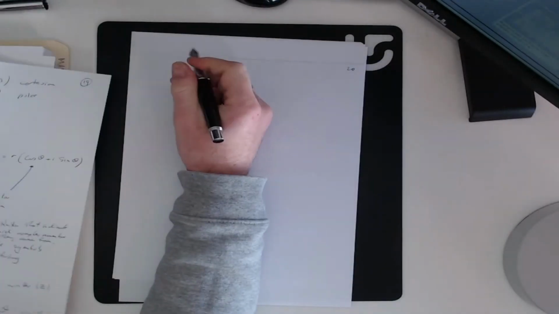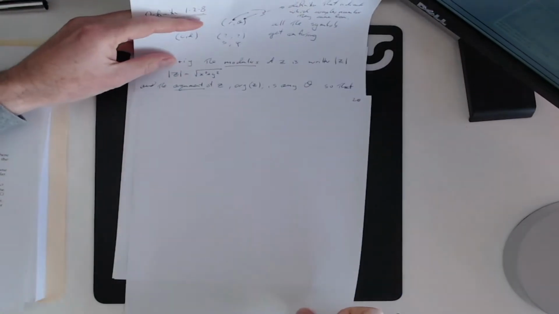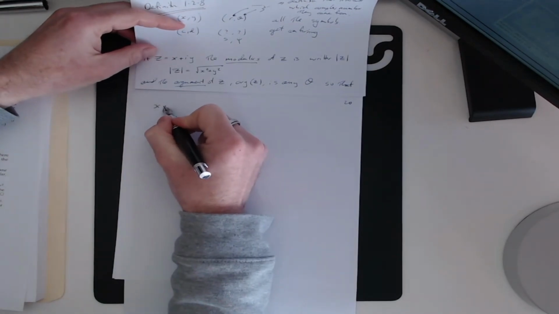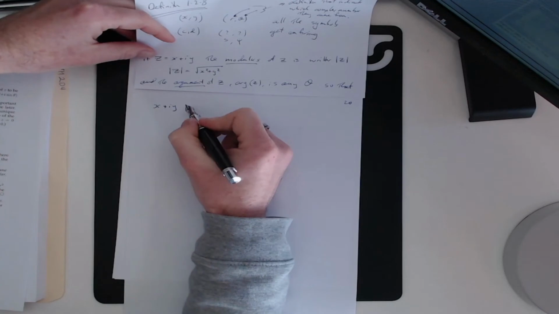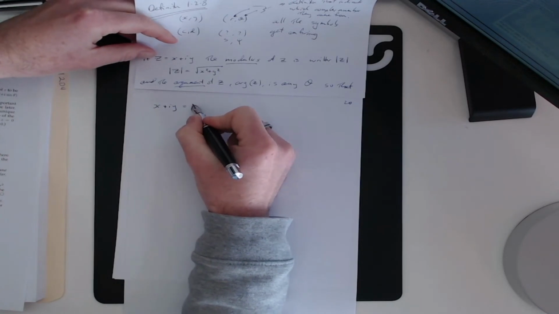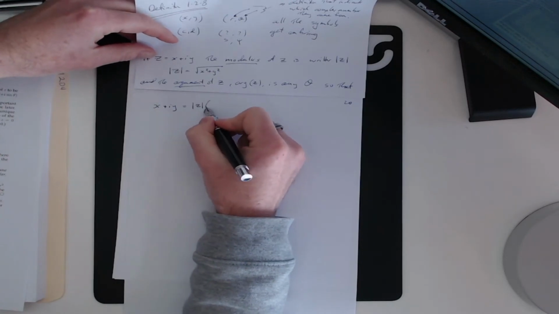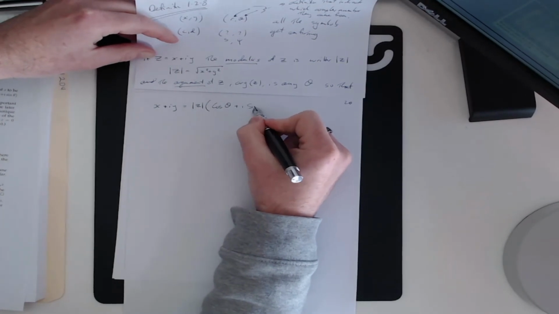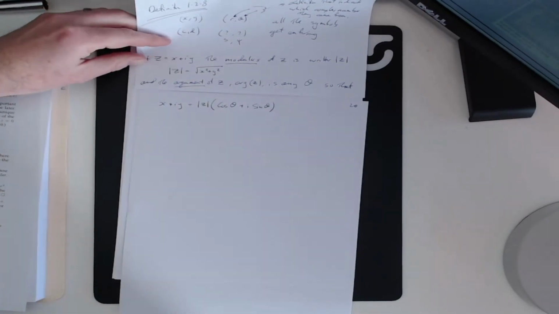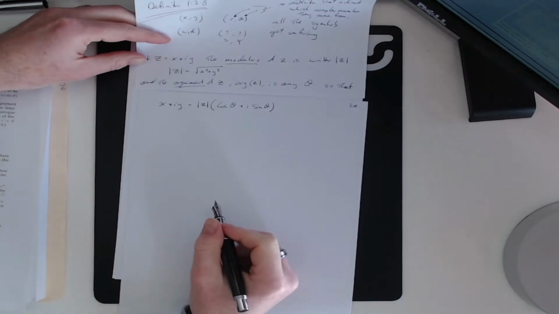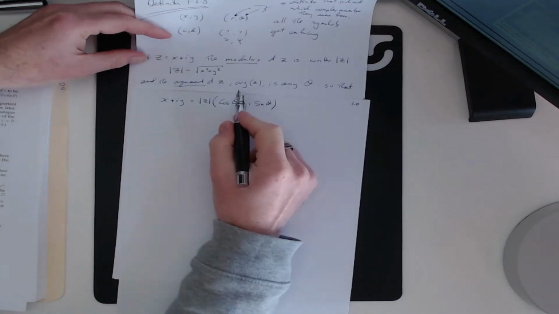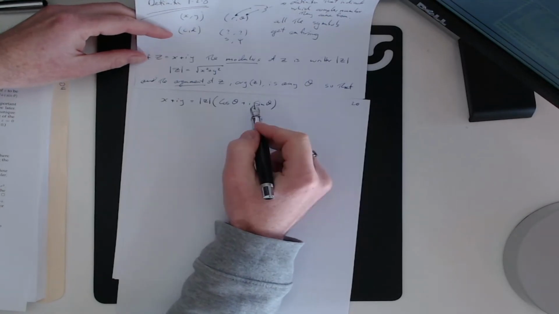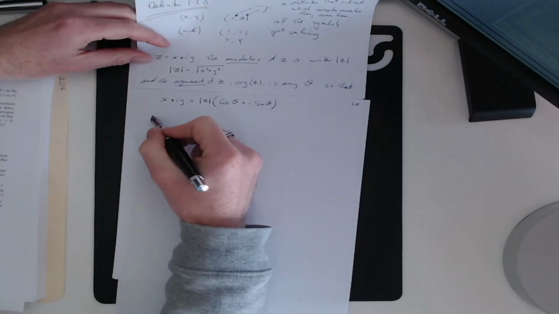So it's any theta so that x plus iy is equal to the modulus times cos theta plus i sine theta, right? And you know that you can always add multiples of 2 pi to this thing. So this can be lots of different values. Any theta for this works. Right? Now we define